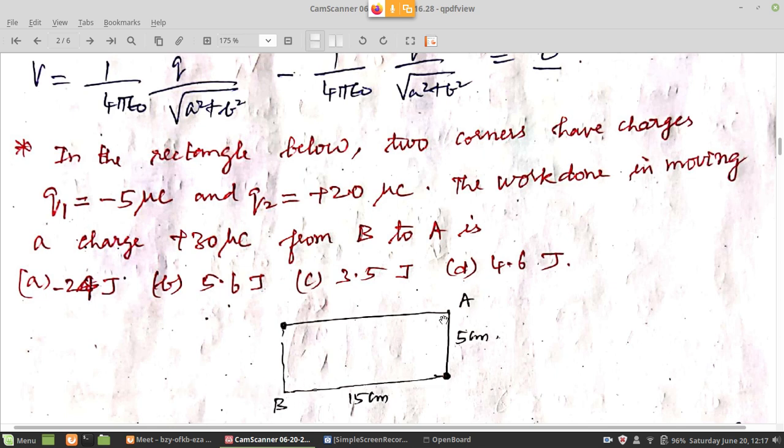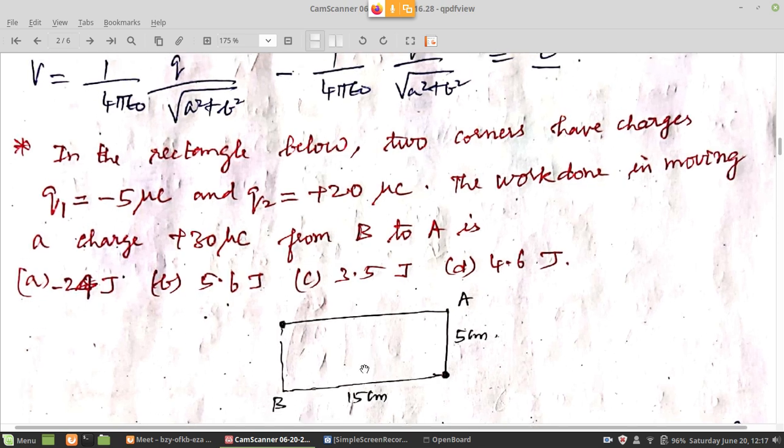VA, you again check and tell me the number. Again, exactly what number you are getting, you tell me. Because here, I think one of these choices is correct. We are not going to get this choice. I think it will be one of these three choices. So check it and tell me.